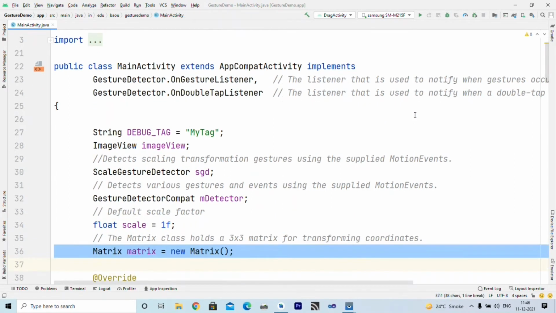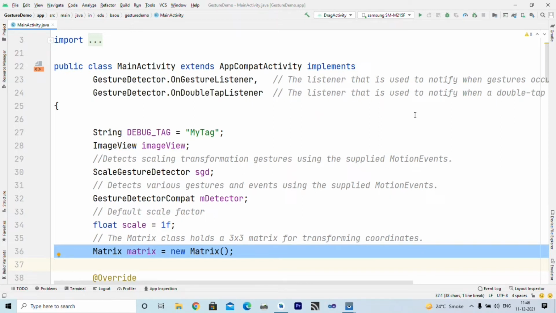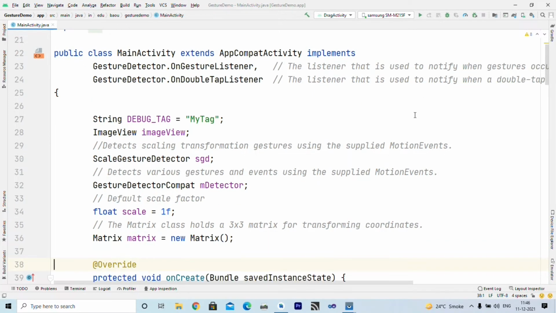Then you need to declare the Matrix class, which holds a 3 by 3 matrix for transforming coordinates. How it does this is not important to us, but you need to declare this Matrix object to actually transform or scale that image view, right?